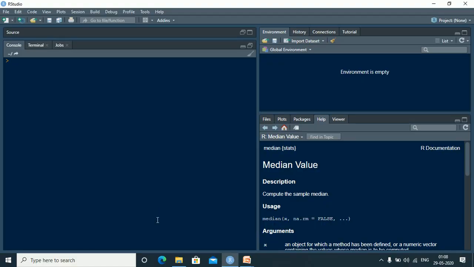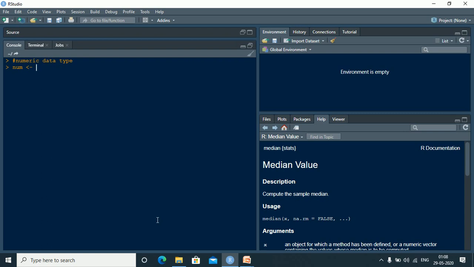Right, so the first one is your numeric data type. So I'm just adding a comment, it's a numeric data type. So let's create a variable num, using the less than sign and minus. This is the most commonly used way of assignment. You can of course use the equal to sign as well.